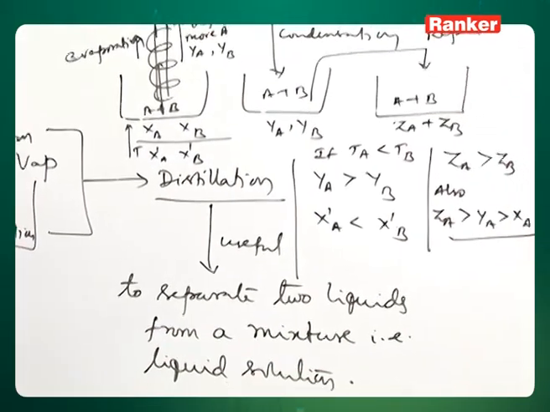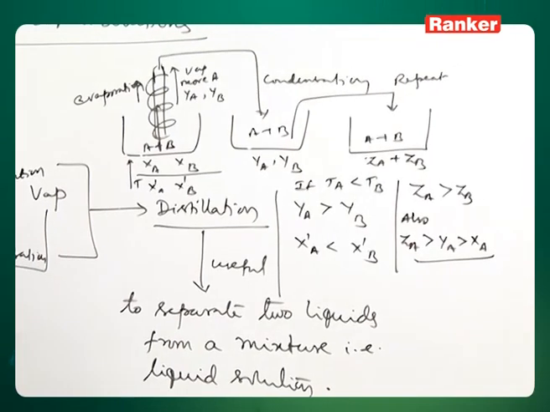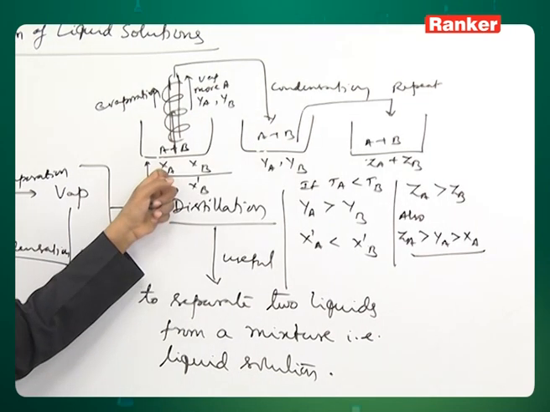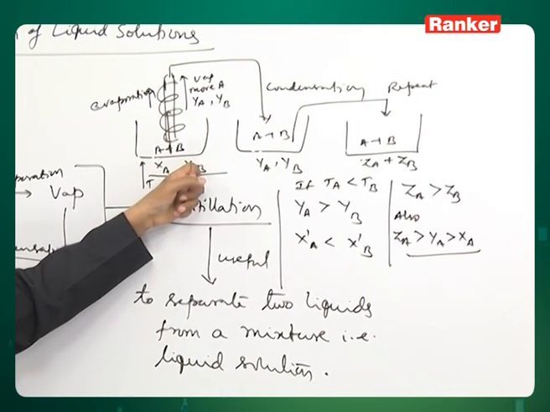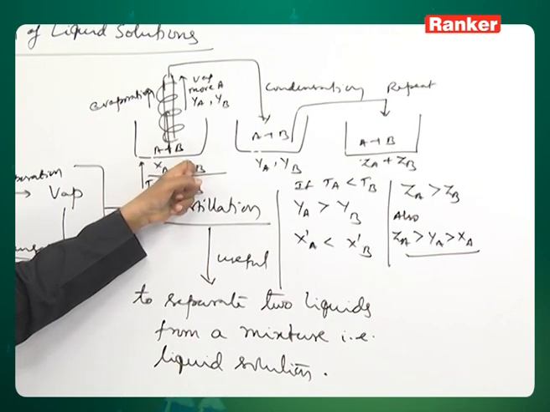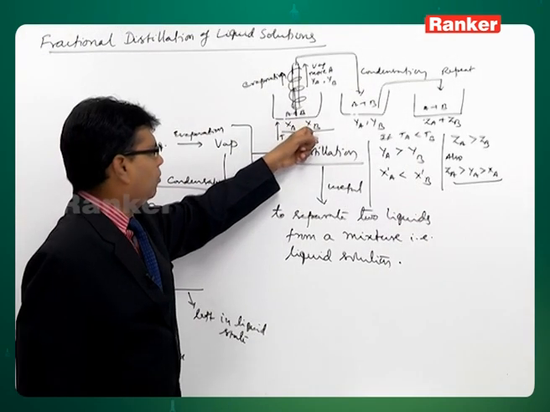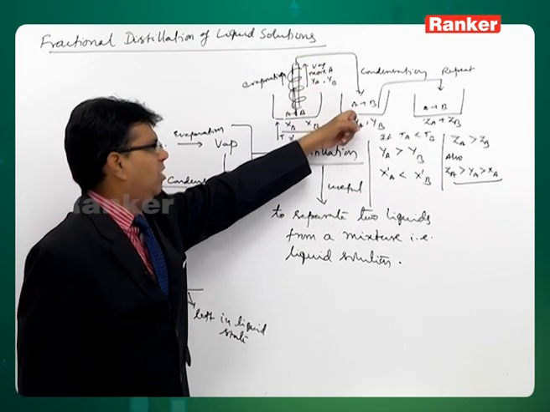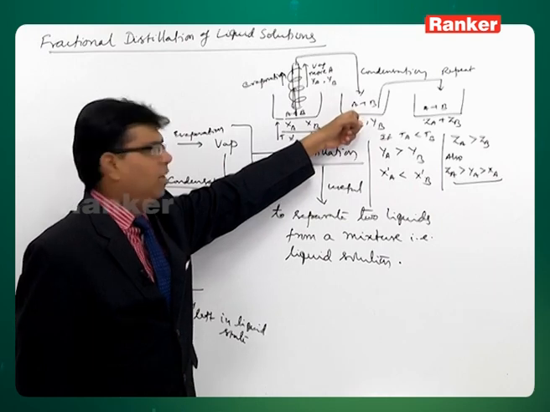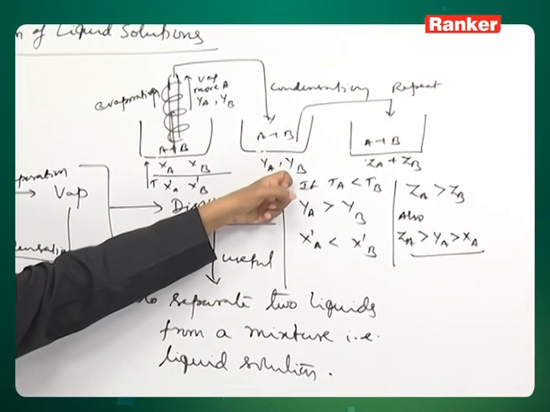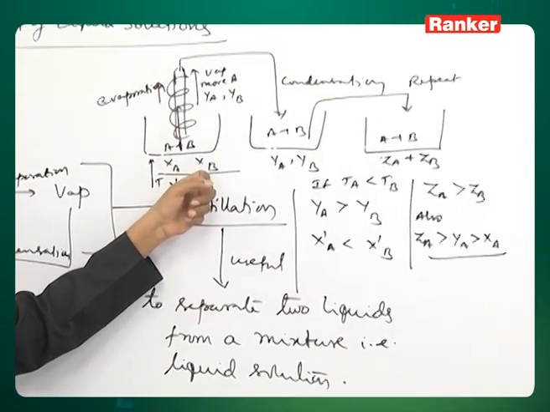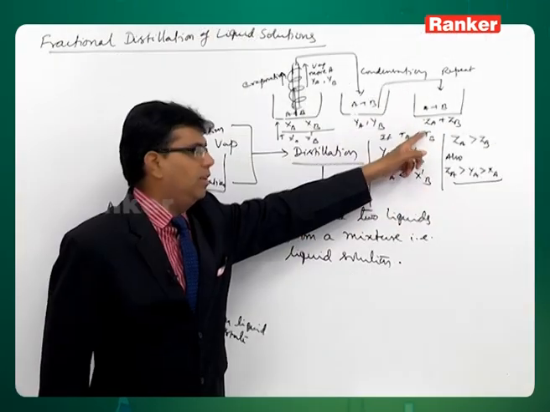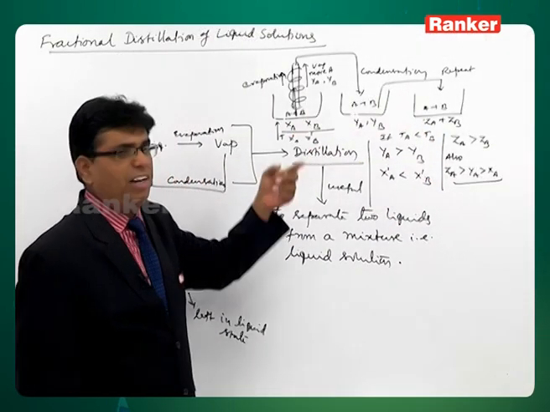Now, here what we are going to discuss is, suppose after one distillation you collect a certain fraction. You started with XA and XB as the mole fractions of the two liquids A and B, and if distillation is carried out, then here you are collecting a certain fraction. In this fraction, the mole fractions of A and B are YA and YB. If XA and XB are given, how to calculate YA and YB and how to calculate ZA and ZB, so that for a required